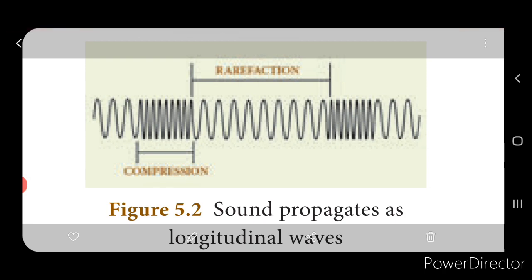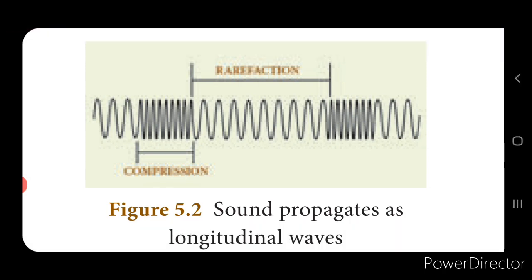What properties does the solid possess, or the liquid possess, or the gases possess? Depending upon that, the speed of sound differs. When it is traveling through a medium, what will happen? We said that the particles in the medium vibrate along the direction of propagation, isn't it? So there will be a movement in the particles, right?